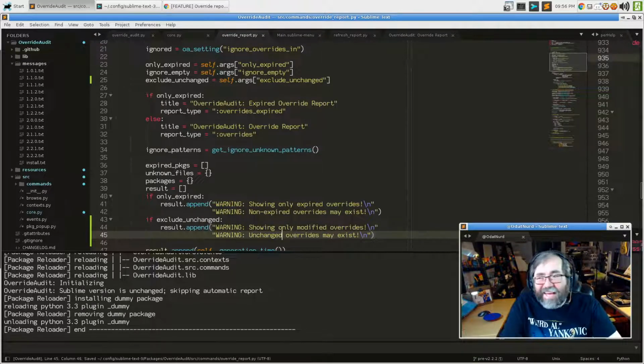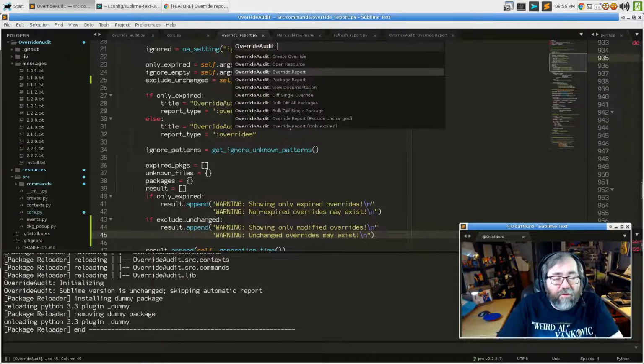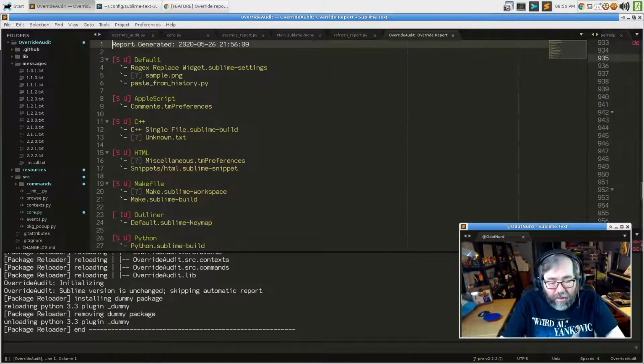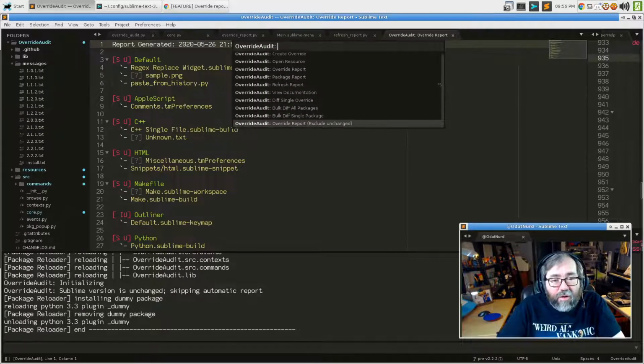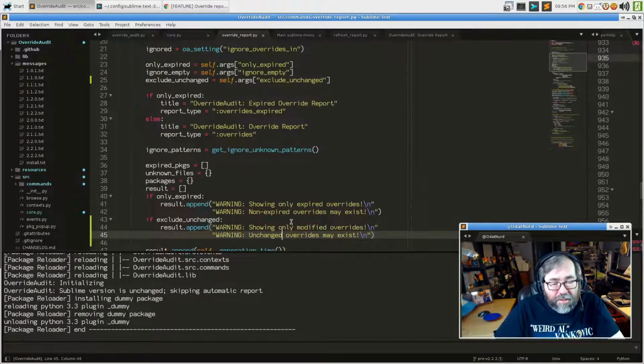This is bad text, but we're just testing to see how it'll look. So if we go for override report, we're not going to see it in there. But if we were to go for exclude unchanged, we'd see showing only modified overrides. Right on. I think that is what we want for that, but we maybe make the text